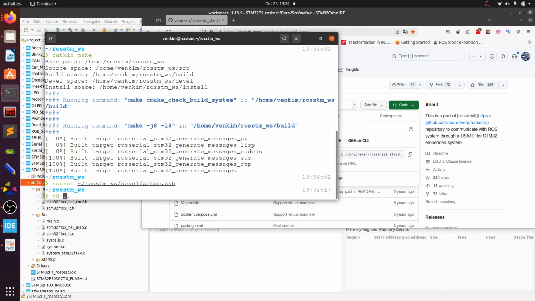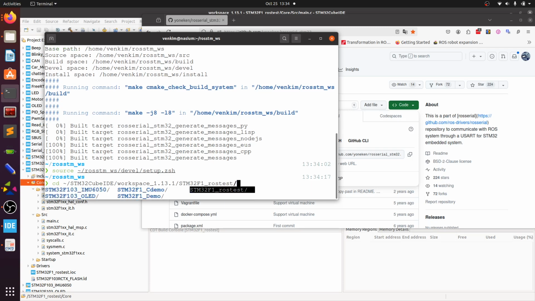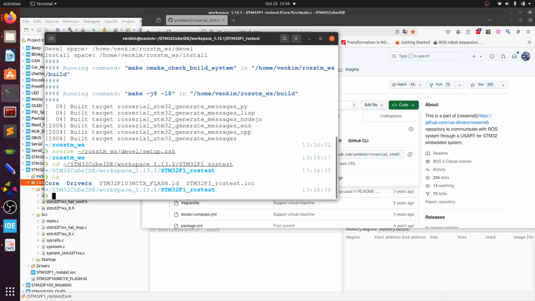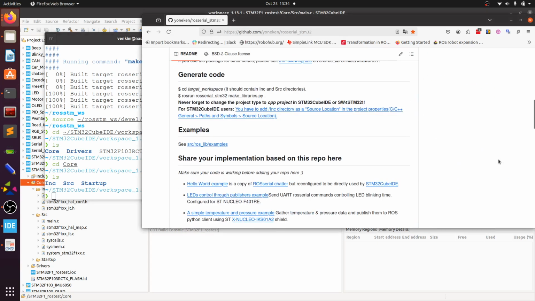My folder is in STM workspace, and then that is the one I created, STMcube-F1 ROS test. I go in there, and I'm in this folder, have the core, so I have to go inside the core folder, and what I have to do now is, as this one says, you will have to do a ROS run